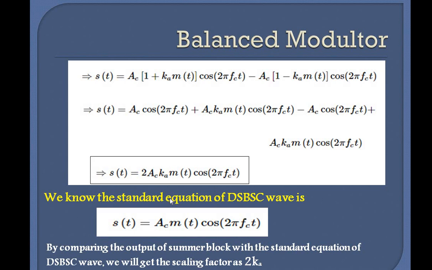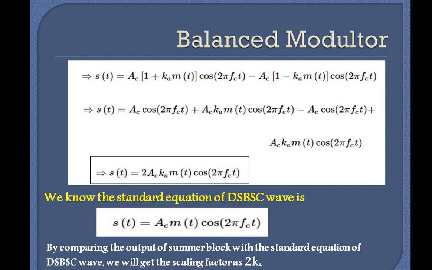So by using your balanced modulator, what did we obtain? We got your modulated signal without any carrier. See, this carrier has been cancelled. Okay, we are removing the carrier over here. This scaling factor that we will be getting, we can also remove afterwards, correct? So this is your Ac m of t into cos 2 pi fct. This is your DSBSC signal which is obtained by using your balanced modulator. I hope you are clear with the balanced modulator.